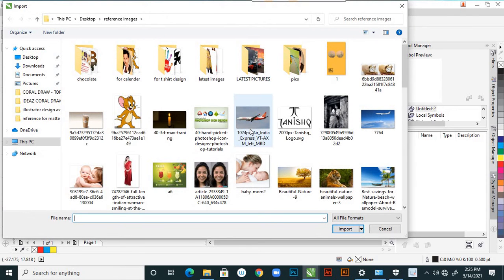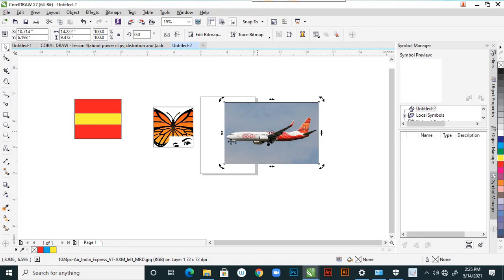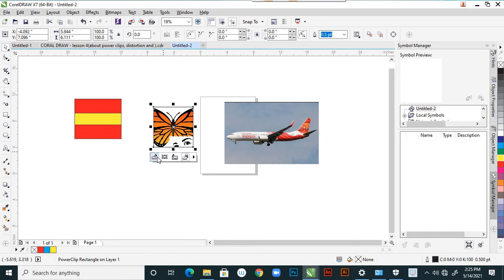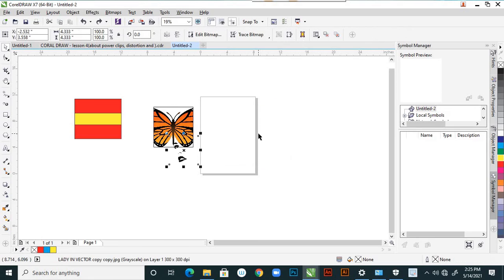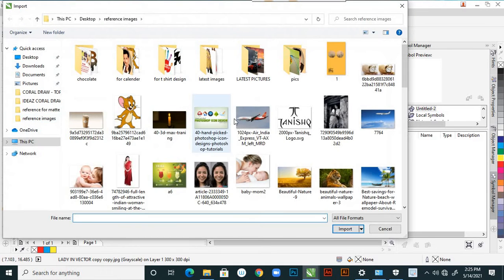I'm taking this one, yes, this, and import. So Control Z, and I'm taking import again now.